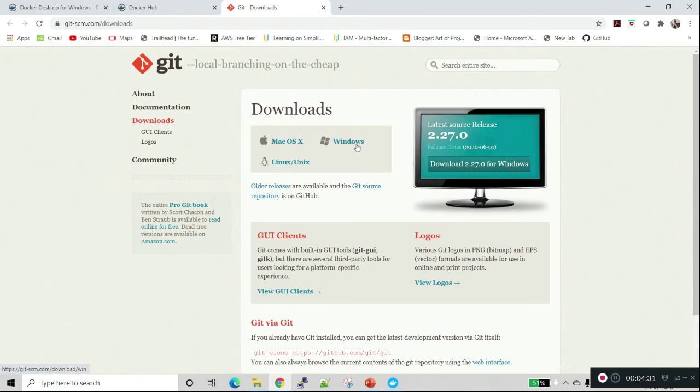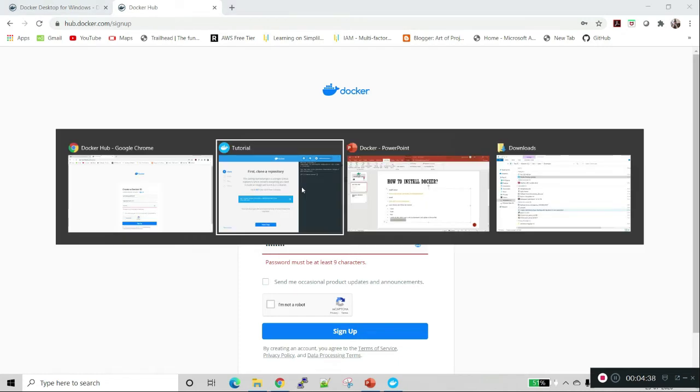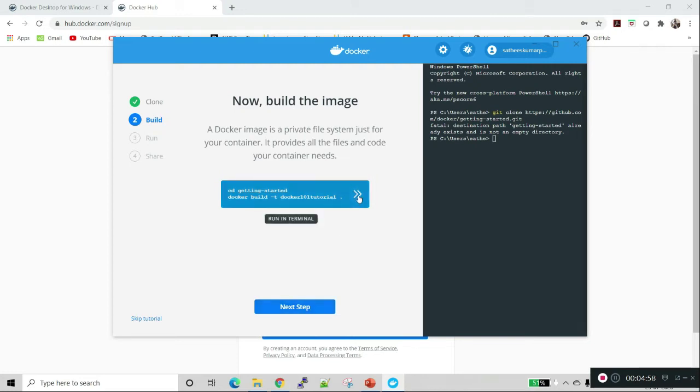If you see here, on the left side we are getting the steps and on the right side we have the console. So I'm running the clone repository. It's running now. It's completed. The next step is to build the image. I'm just clicking the arrow button. It will build the image.